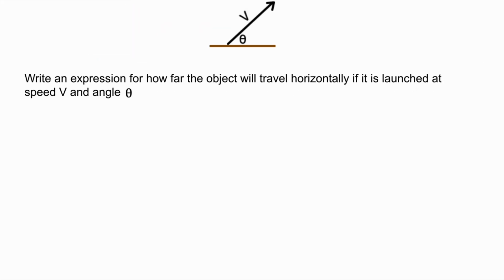So if we were asked to write an expression for how far the object would travel horizontally if it was launched at speed v and angle theta, let's go about doing this mathematically. Again, this goes back to the episode I covered just before this. The first thing I want to do is find how long it's in the air, and to do that I need the vertical component, and the vertical component can be used in this equation here,